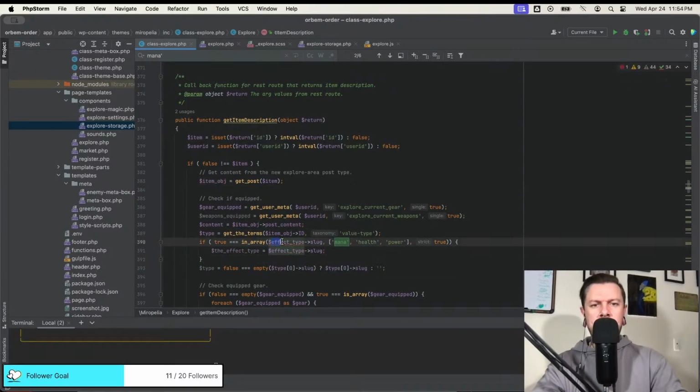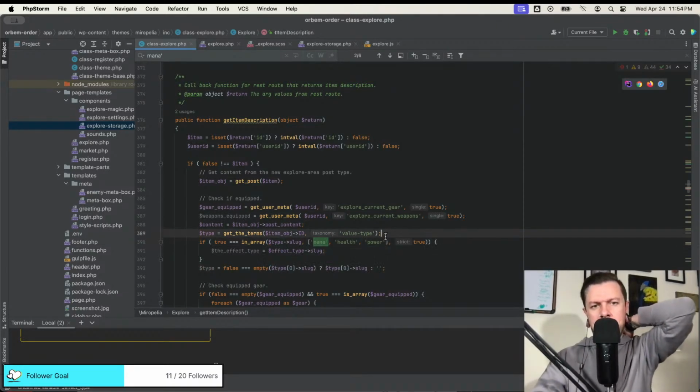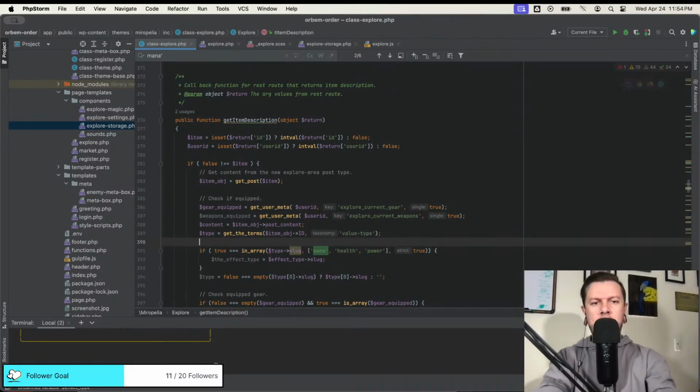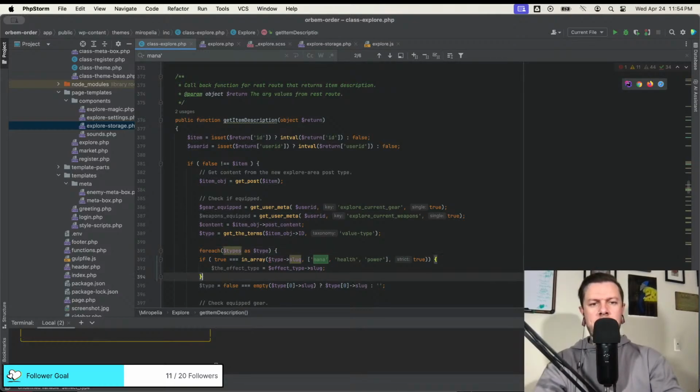If in array type slug, now I need to do for each types as type. Yeah, okay.